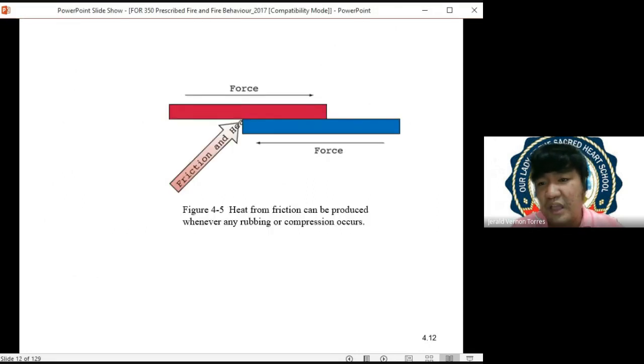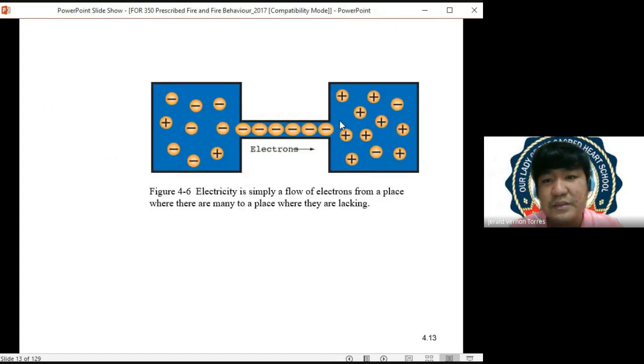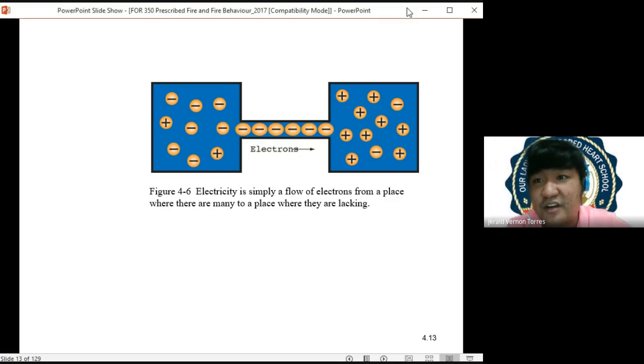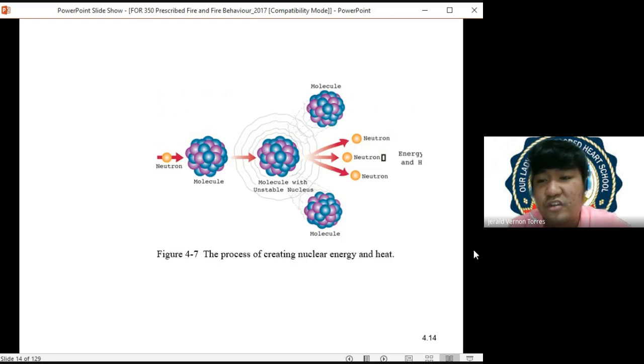This shows that upon friction, we have heat production. Upon the movement of charges, we can produce heat energy. That is why when there is too much resistance in our electrical wire, too much heat is produced and it can cause an electrical fire. So if you see that your wires are getting warm, meaning they are generating too much heat, you need to turn off and unplug the electrical wire before too much electrical heat is produced by the wire.